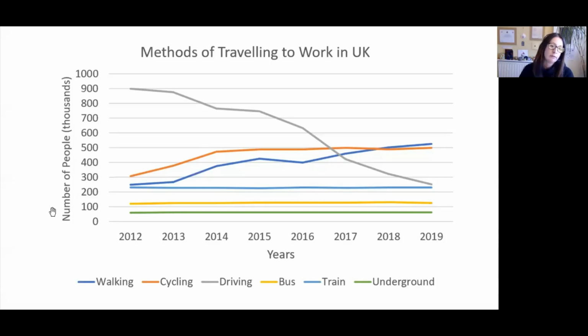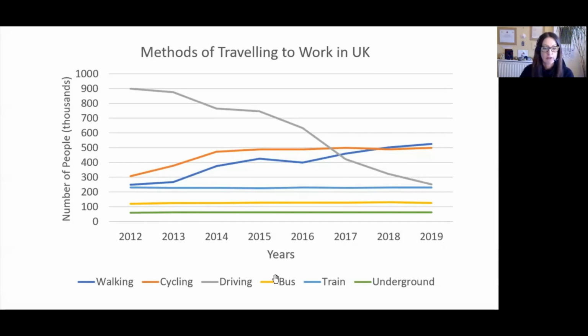We have here the number of people in thousands. That's important to remember. So we're talking about the number of thousands of people, and we're talking about the methods of travelling to work in the UK. So we can already see, probably looking at the line graph, that there are different things that we could group